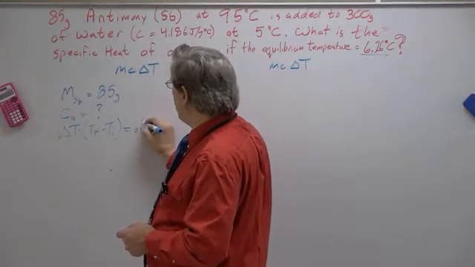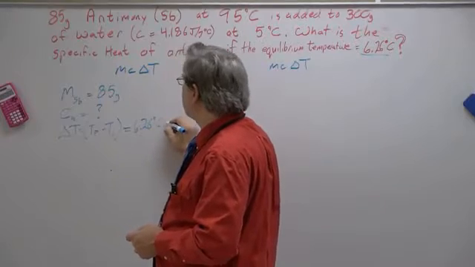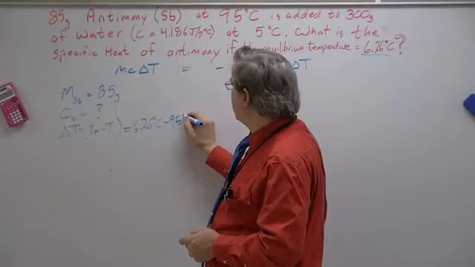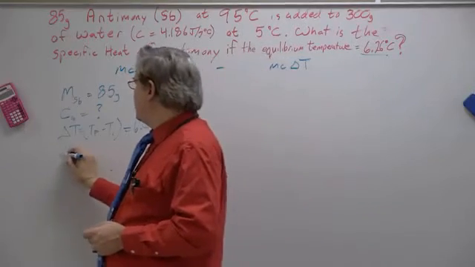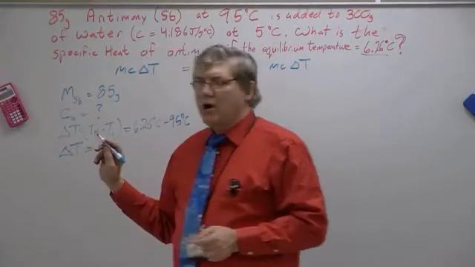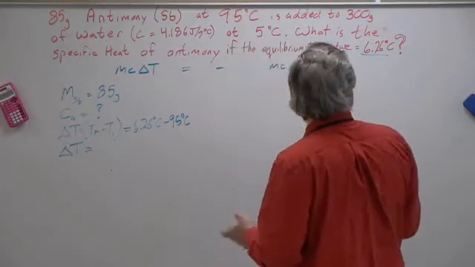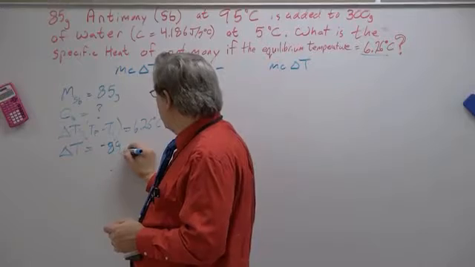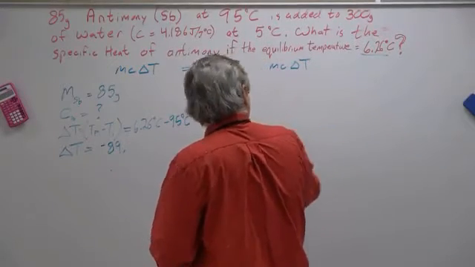So that's 6.26 degrees Celsius minus our initial temperature of 95 degrees Celsius, which means that delta T for the antimony is going to be a negative number, and that works out to negative 89.74